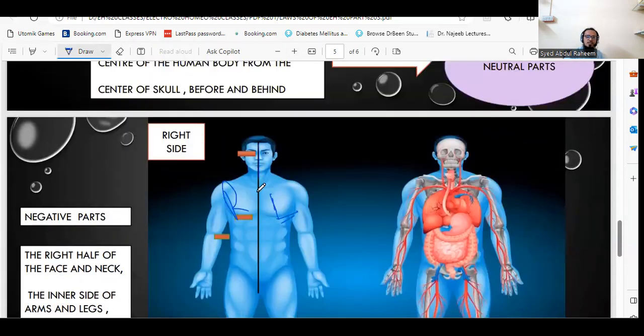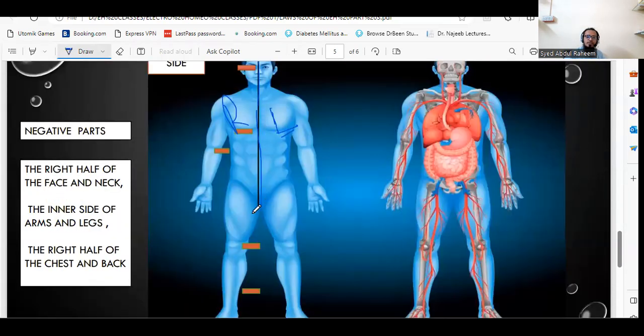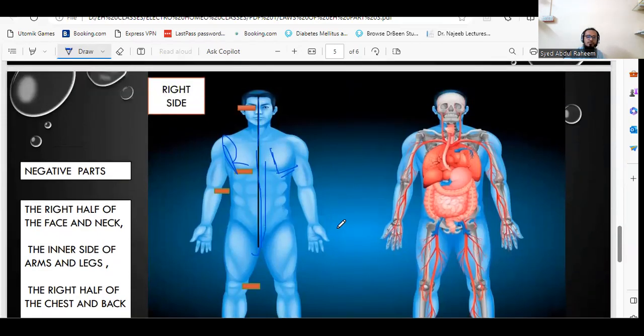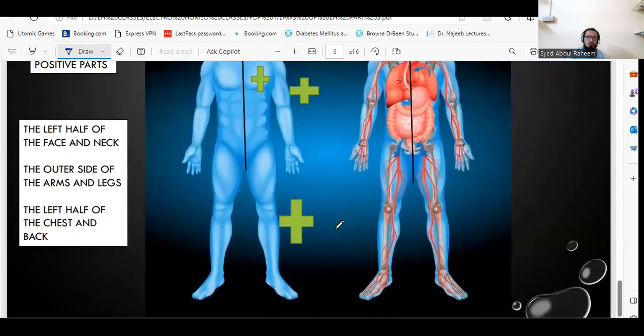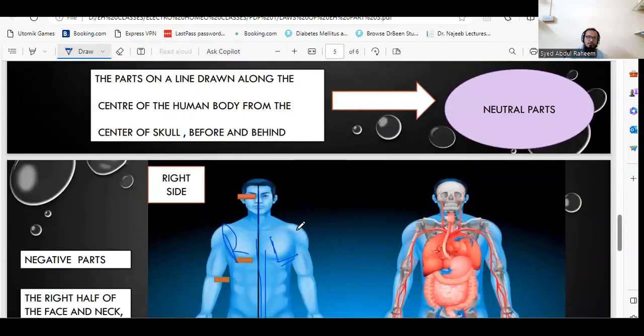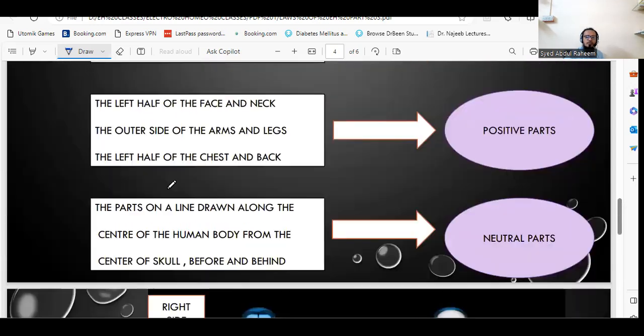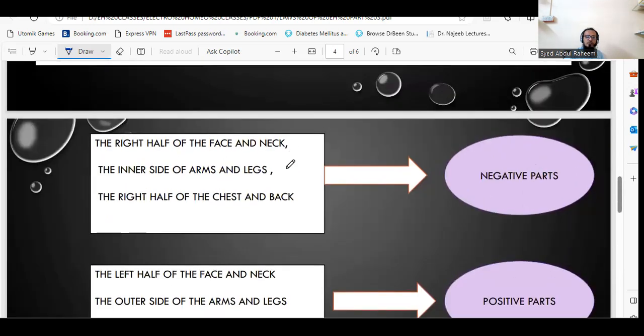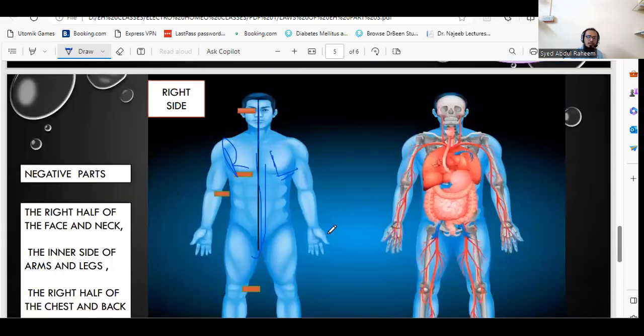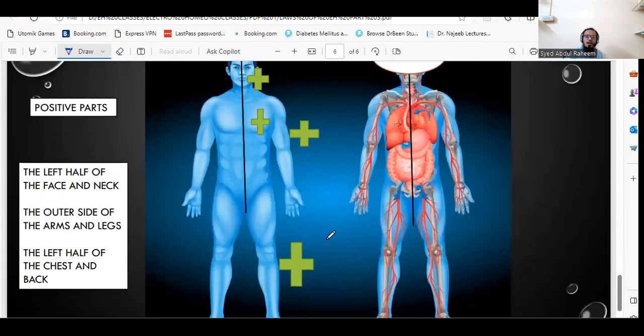And you can see that this middle portion is the neutral part of the body. It may be posterior, it may be anterior; both have a neutral effect. You can see which are the positive parts, which are the negative parts, and the neutral parts. So based upon this theory first, second,